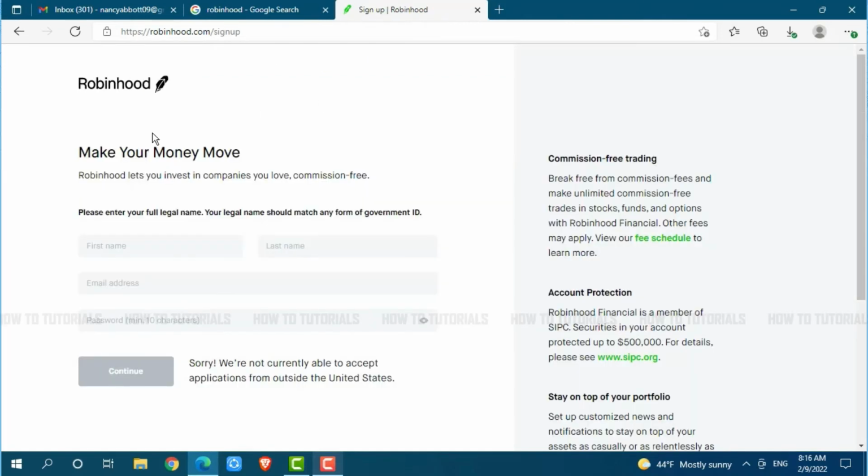For the enrollment in Robinhood, you need to provide the following details. First of all, you need to provide your first name, then last name, email address, then you need to provide a strong password that must contain at least 10 characters. After you provide all the details, you click on continue, where you will be able to register yourself for the